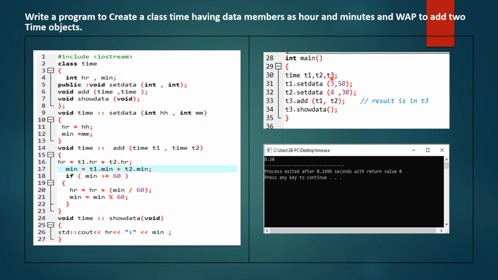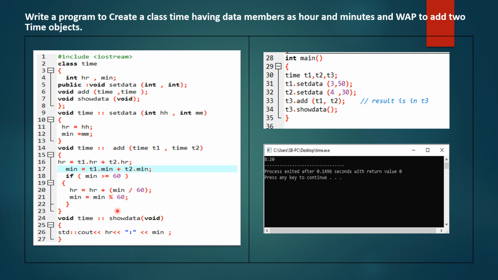In T3 we will store the addition of two time objects. Now T1 dot set data 3 comma 50. So first 3 will pass as hh, and hr will be 3 for time object T1, and 50 as the minute, and T2 dot set data 4 is hours and 30 is the minute.